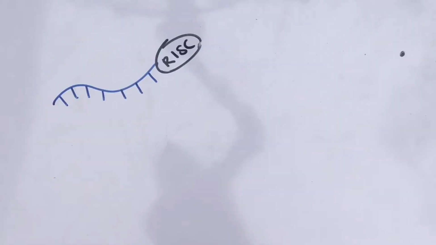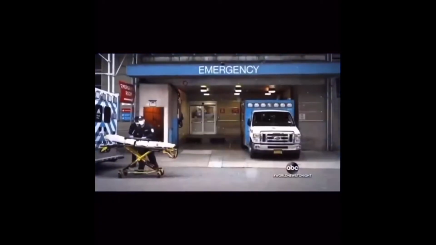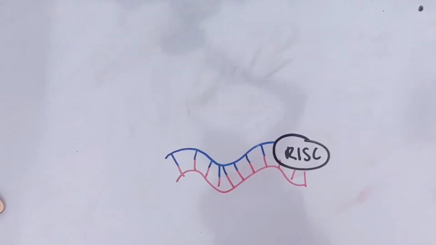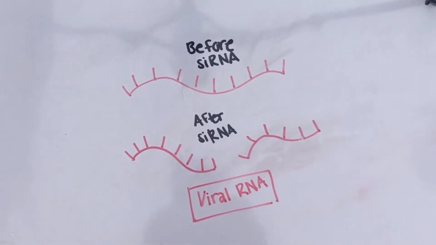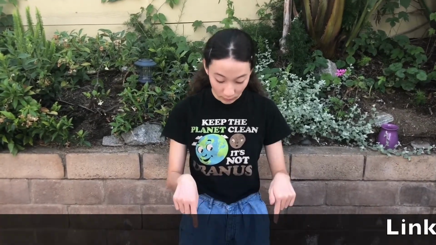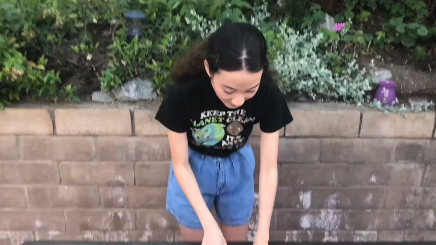Connecting the two concepts together, this means that siRNAs could potentially be utilized to combat the pandemic because they can pinpoint viral RNAs from SARS-CoV-2 and initiate their destruction. With modern technology, it is possible to synthetically design specific siRNAs through companies like Thermo Fisher and Integrated DNA Technologies. Because the RNA sequence of SARS-CoV-2 is known, we can create these short stretches of siRNA that are complementary to the virus's RNA. Then, in the cell, the siRNAs will be able to identify the viral RNA and chop them